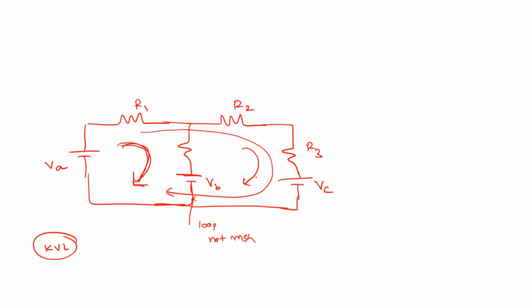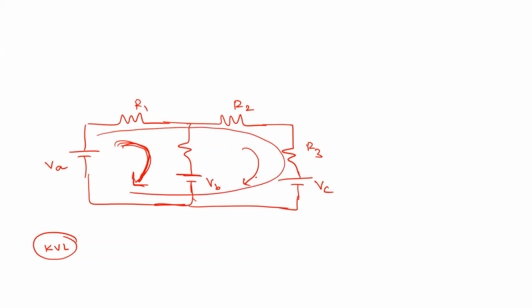Still you have confusion? Sir, what do you mean by overlapping and non-overlapping here? This is one thing, right? For these two, this source is the only common one. But when you are writing the loop equation, all these things are coming, both are coming, right? So that is known as the complete overlap.